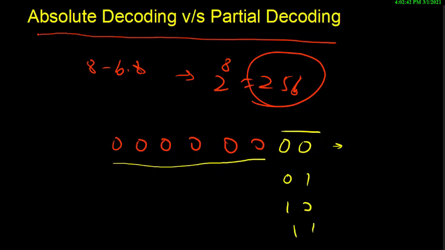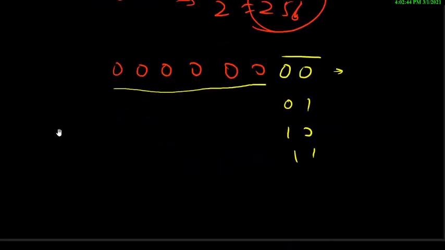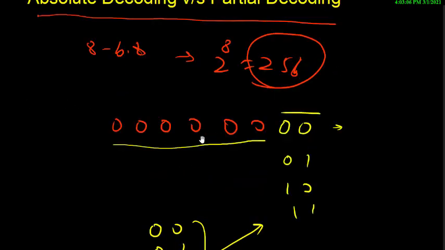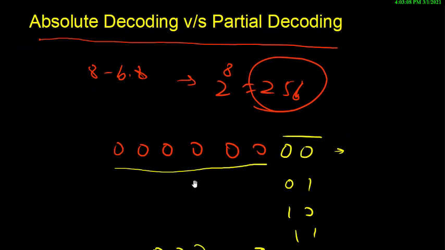So in that case, a peripheral device can have multiple addresses like 00, then 01, 02, and 03. That particular device can be addressed by any of these addresses. So we can have multiple addresses for that particular device. This is the difference. So in case of partial decoding, only a few bits are required to decode the address of that particular device.